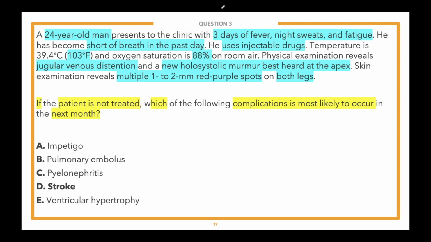B, pulmonary embolism. I understand why a lot of people selected this, probably thinking right-sided valve disease and then sending a little emboli to the pulmonary vasculature. But as we talked about, this is a left-sided valve disease issue. And then lastly, impetigo. Impetigo is a superficial skin infection, usually due to staph or strep pyogenes, and it's not a complication of what this patient has. So the best answer here is D, and it really came down to using our clues to figure out that this was left-sided instead of right-sided endocarditis.